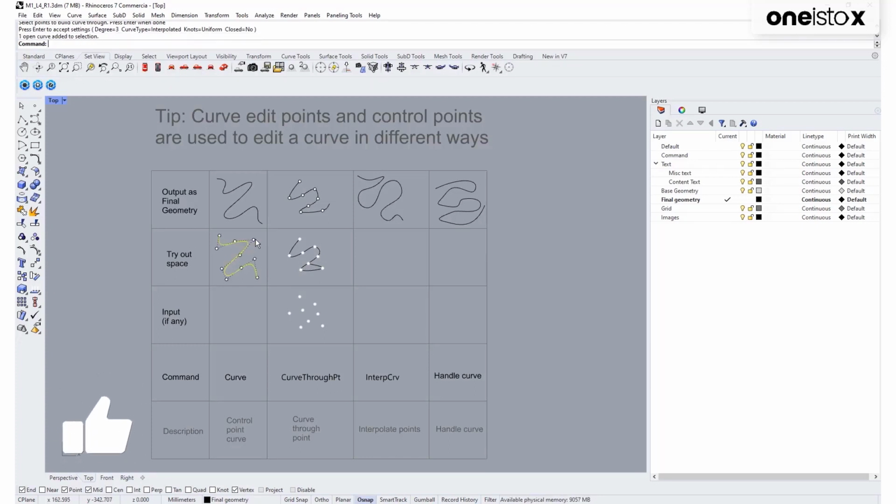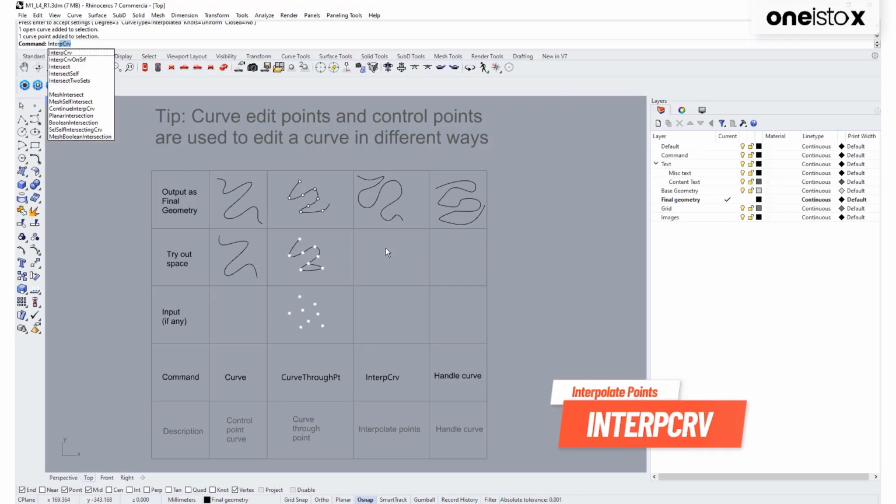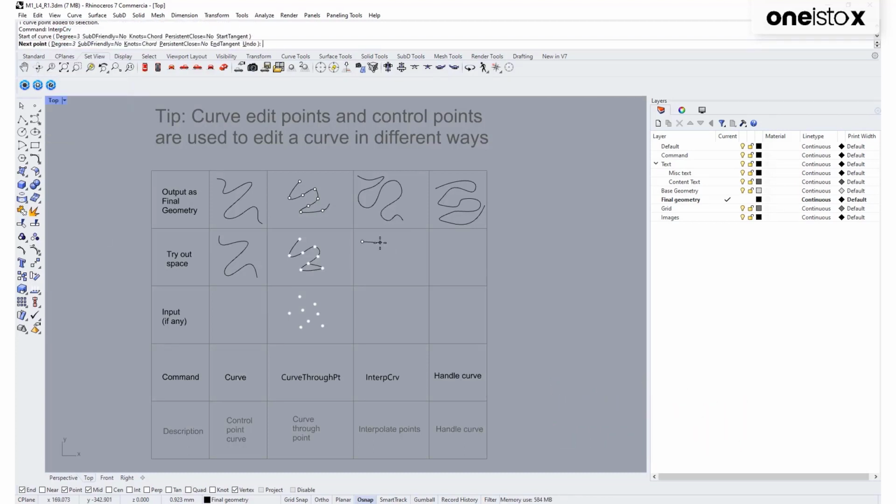Now, if you have noticed, in the first curve, the points that we have created the curve on are not directly on the curve, or the curve is not following those points. So, if we want to create a curve that runs through these points, I'll follow the command interpolate points and type interpcrv. Enter.